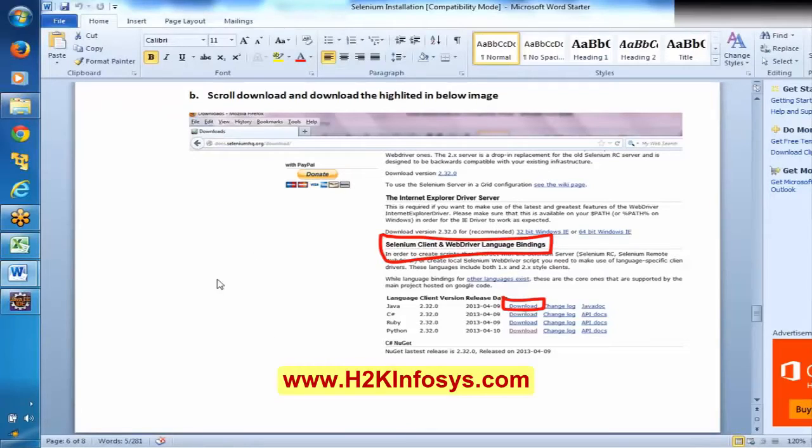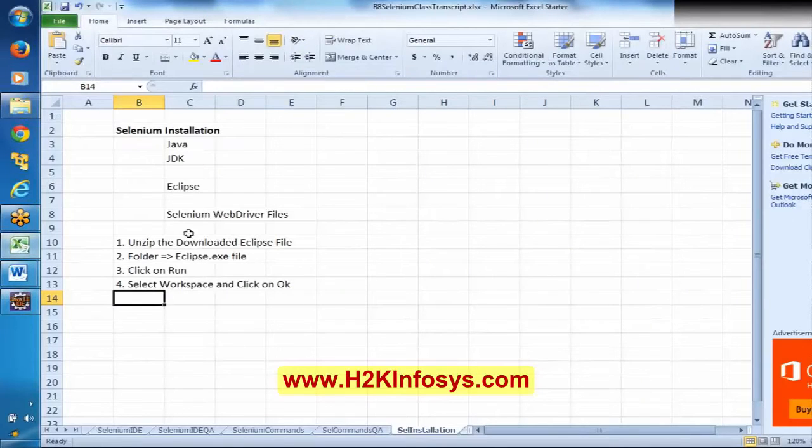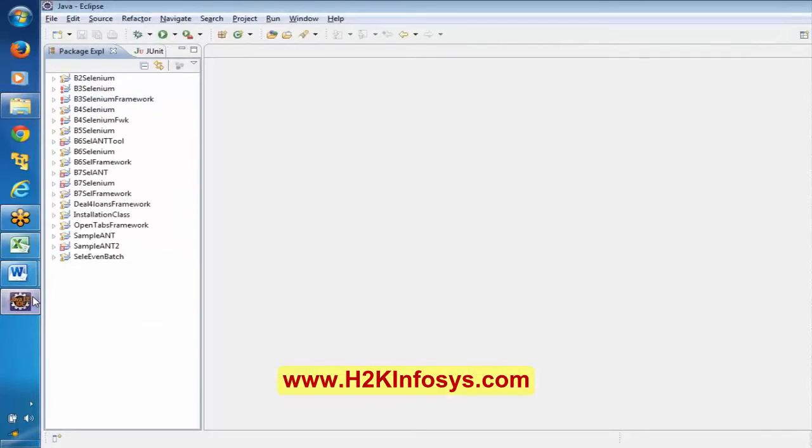The next step is to download the Selenium WebDriver files from this website. I hope everyone has downloaded these Selenium WebDriver files too. Before we configure the Selenium WebDriver files, this is Eclipse, and first of all we have opened Eclipse.